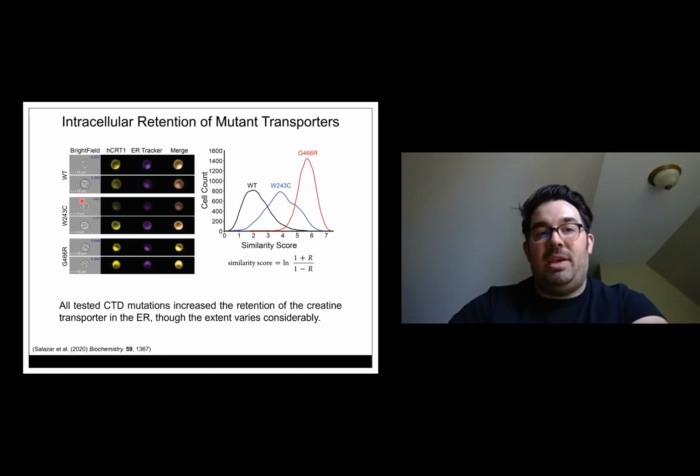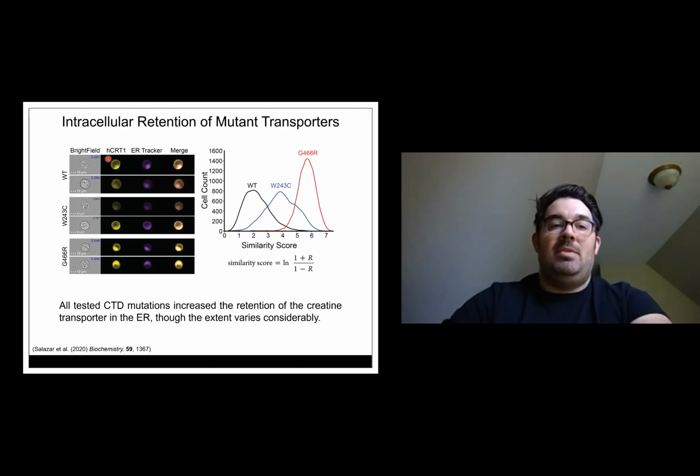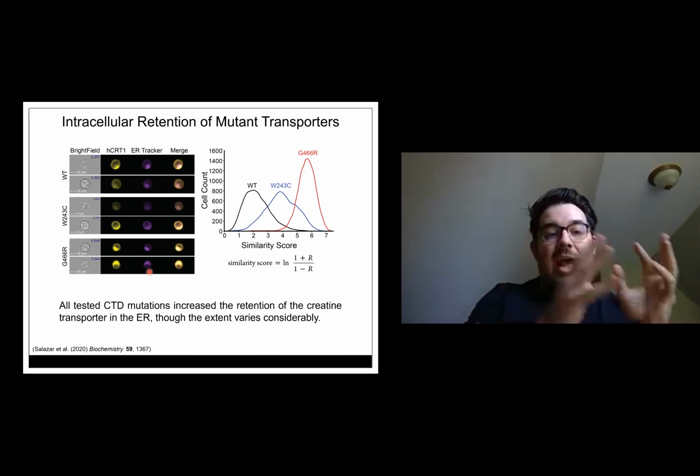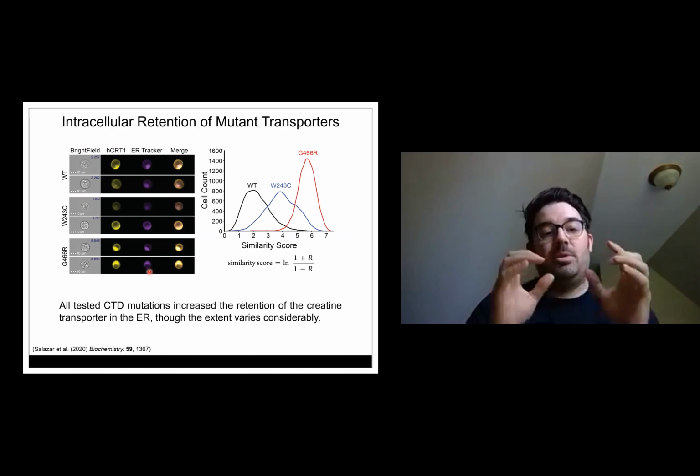Bright field. This is a picture of the cell under white light. Then we have the fluorescence signal, the creatine transporter here, and a dye for the endoplasmic reticulum. And so the point of this is to get quantitative information about how much these mutant transporters are trapped inside